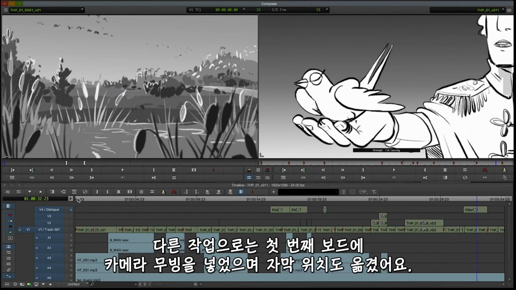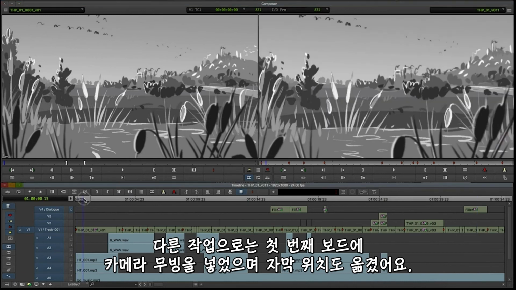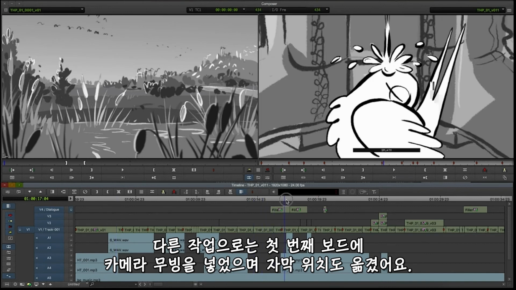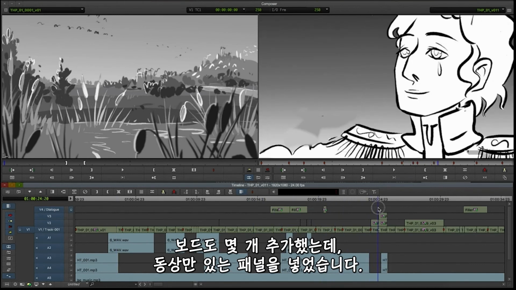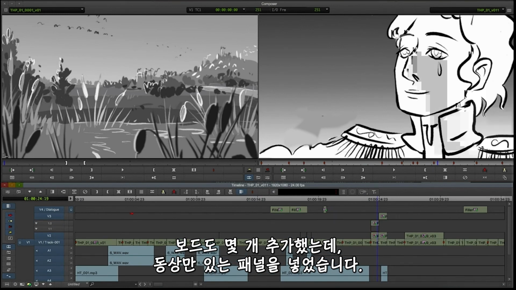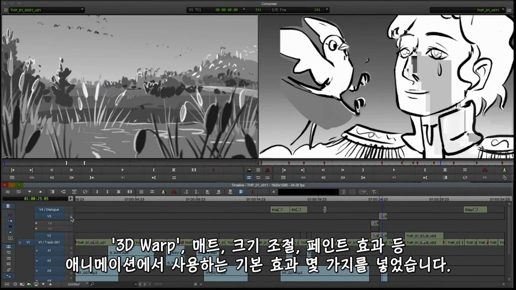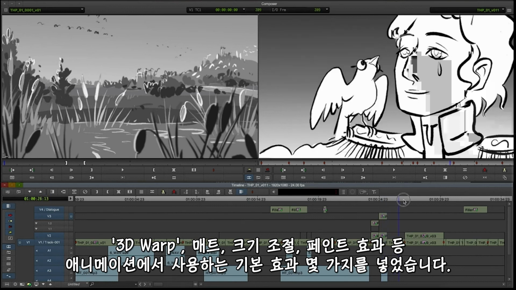Other things that we did, so we added a little camera move on this first board. Then obviously we moved the dialogue position, and we added a couple of boards in there. We thought the statue would look better on a panel on its own. So we actually used 3 different panels to create that. We used the statue from one board, we used the bird from another board, and the background from a third board. And using a couple of effects like 3D warp and animate and resize and paint effects, all very basic effects that you would have used in